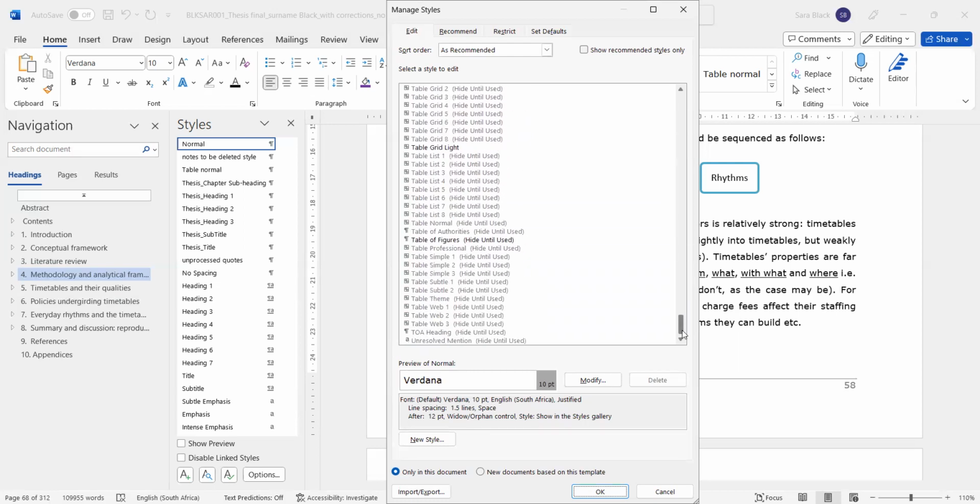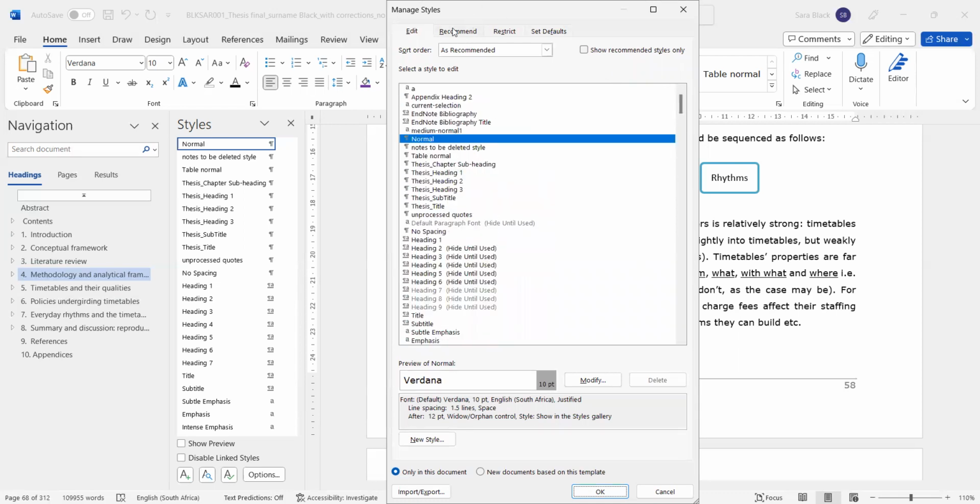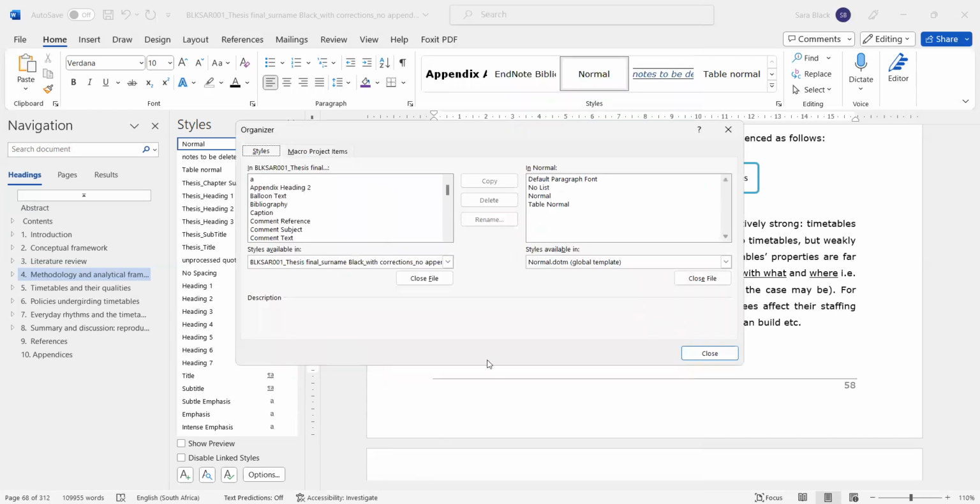But it goes to show you how much the structure of a document's formatting sits on this concept of styles. What is useful in this style manager dialog is this little button at the bottom here called Import Export. Because what this does is it allows you to go, well, here are all the styles in this document on my left,